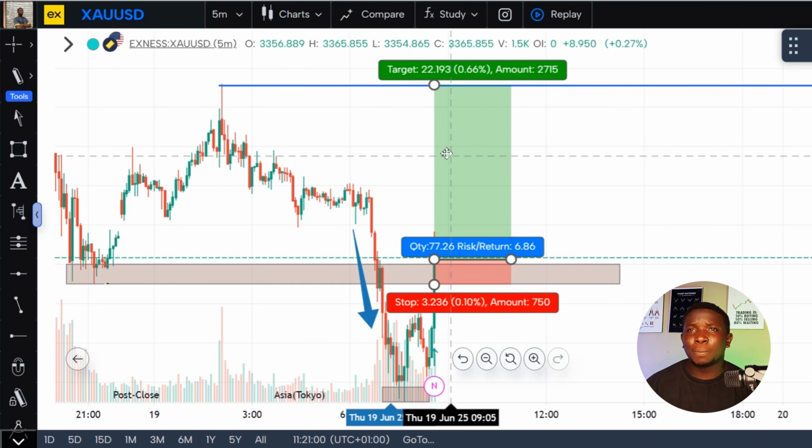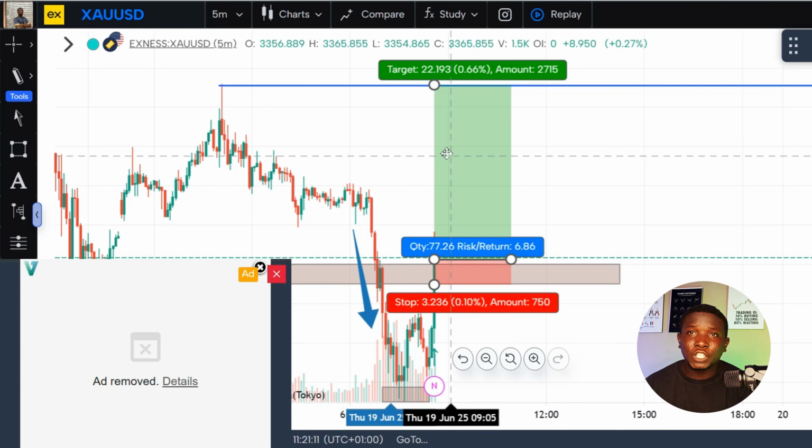So let's talk a little bit more about gold. If you want to start trading, right, you need to have a relationship with whatever you are trading. You have to understand the character, how they operate, when you should take trades and when you shouldn't take trades, right? So these are everything I put into consideration before deciding to go for this trade. We're going to come back later to see the decision that happened in this market.